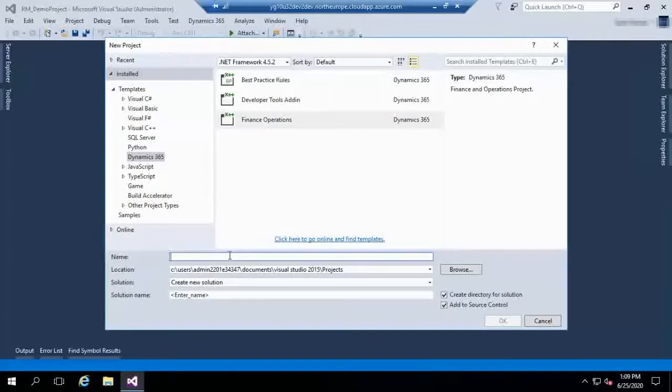For example, if we are creating a project for a number sequence, it's a number sequence project, for example, rm underscore number sequence, and click on OK.